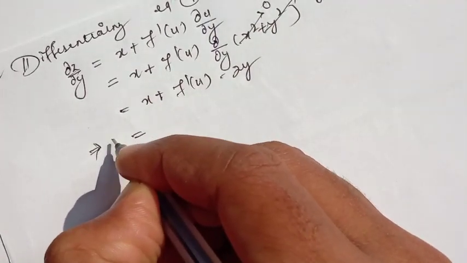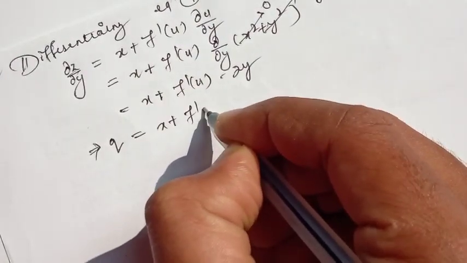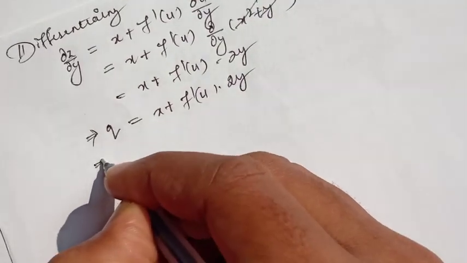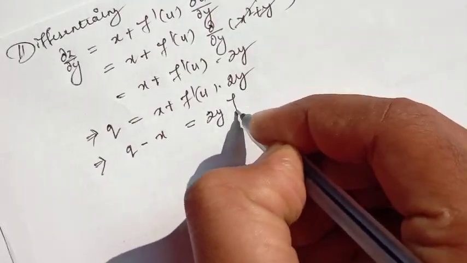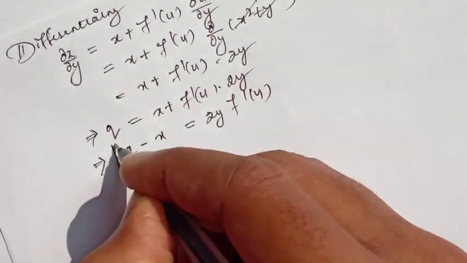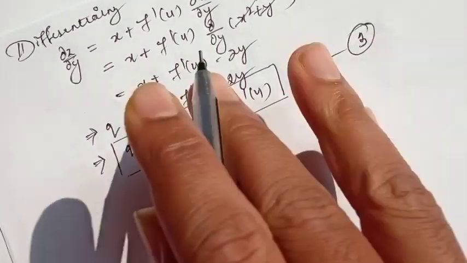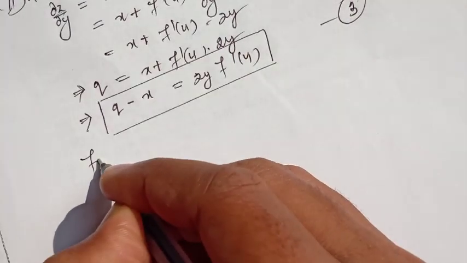That implies q is equal to x plus f dash u into 2y. So q minus x is equal to 2y f dash u. This is equation 3. Okay, so from equation 2 and 3,